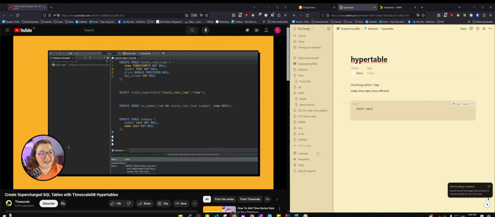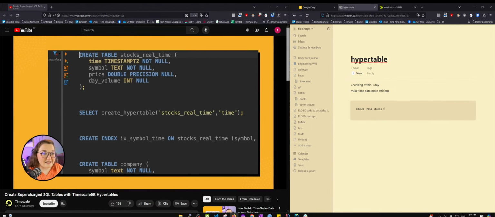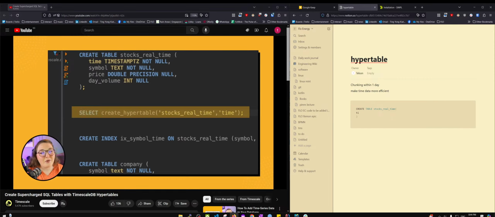Well, it is super simple. All we need to do is just run this next command. It is truly just a select statement, which is great. It's super awesome. So this create_hypertable function is a special TimescaleDB function which transforms your normal tables into a hypertable. And there are additional